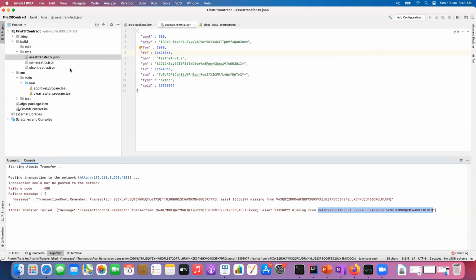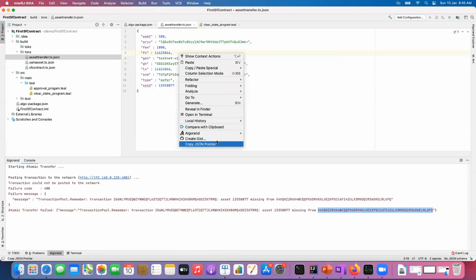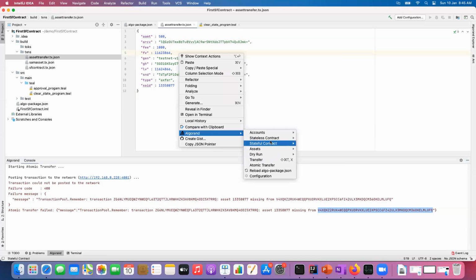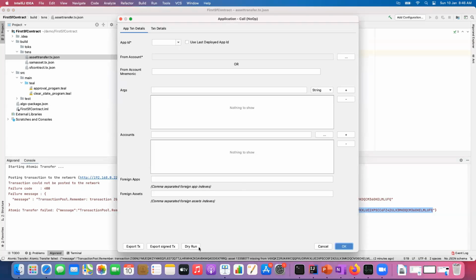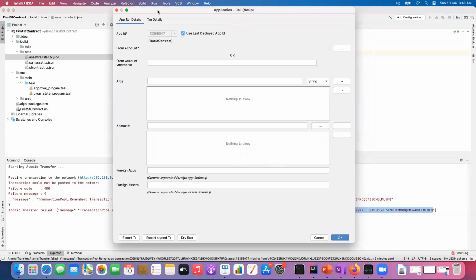To use the dry run feature, if you right click and go to any of these contract transactions, let's go to a stateful contract transaction. You can see a dry run button here. Let's make a stateful contract call. I'll select Alice again, and instead of posting this transaction to the network, let's say I want to do a dry run. I can do dry run,